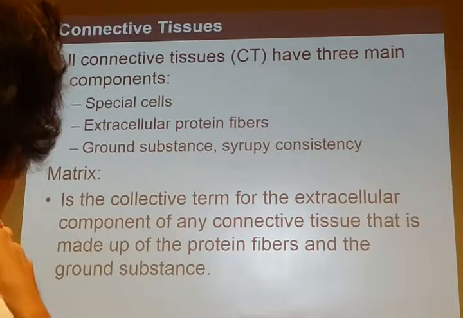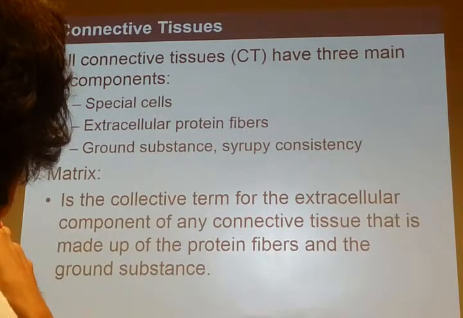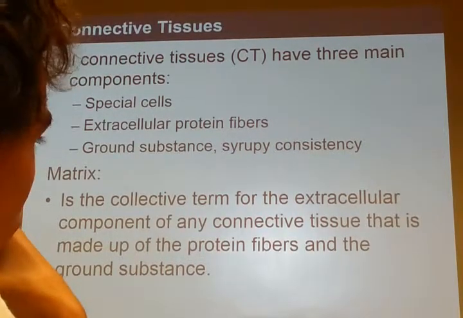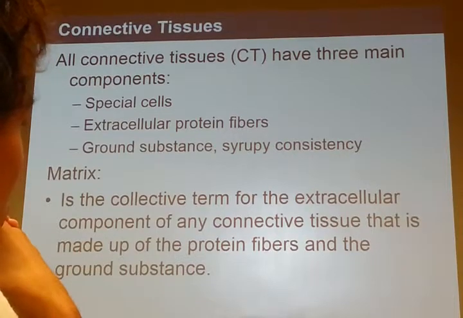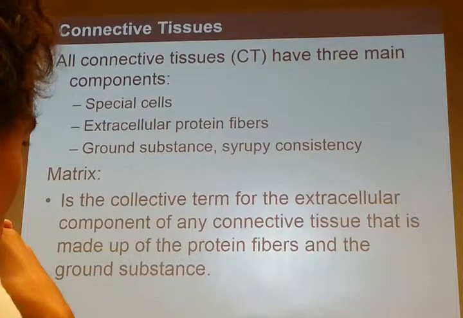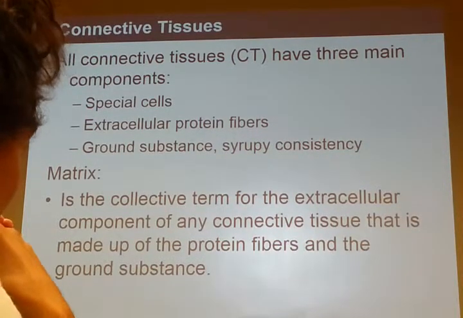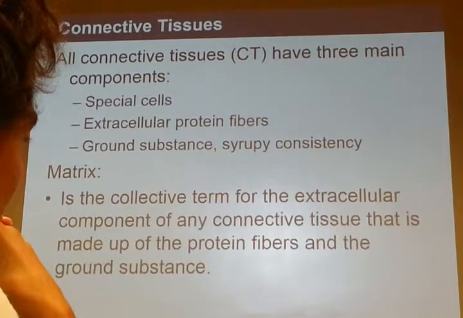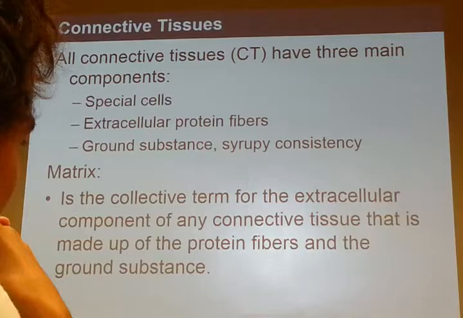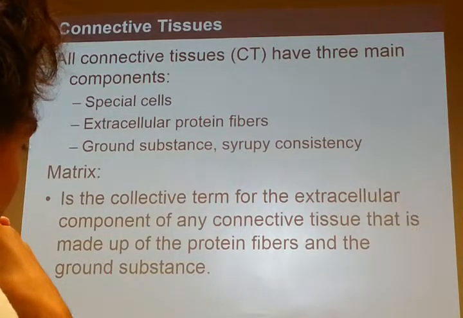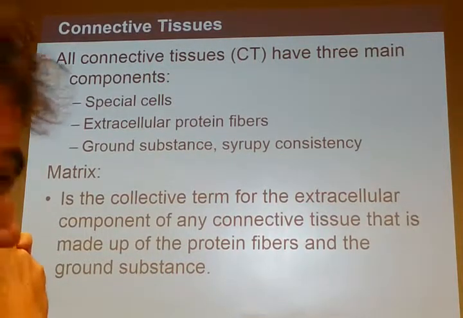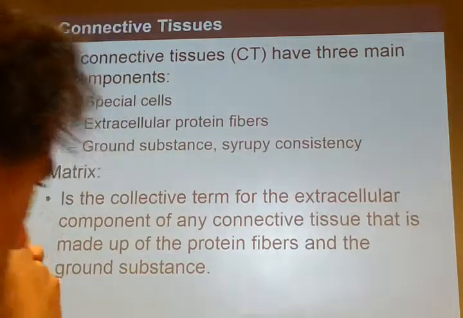One thing that they do secrete is a ground substance. Ground substance kind of looks like maple syrup in its consistency. It fills in space between fibers, a lot of extracellular fibers, some very delicate. Some are designed with big spaces in them so you can hang other cells in those spaces. Sometimes the fibers are close together because you want tensile strength. You want flexibility, but you don't want stretching, like in the tendons and ligaments